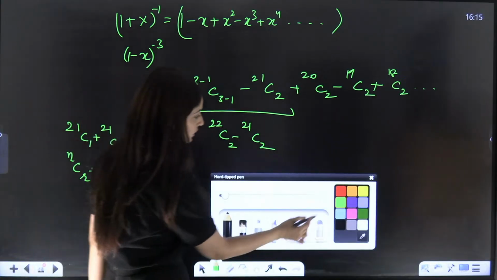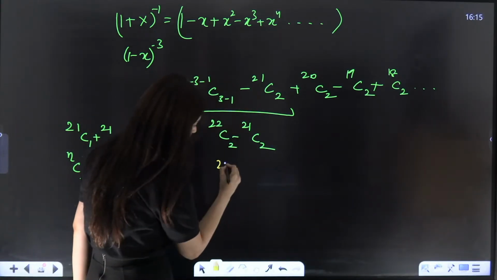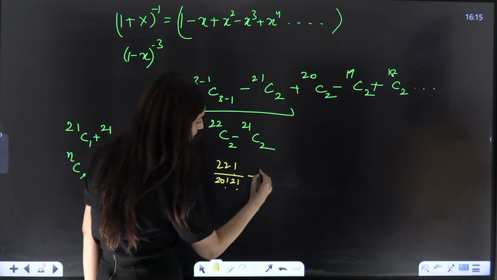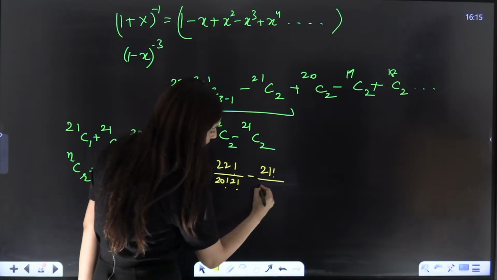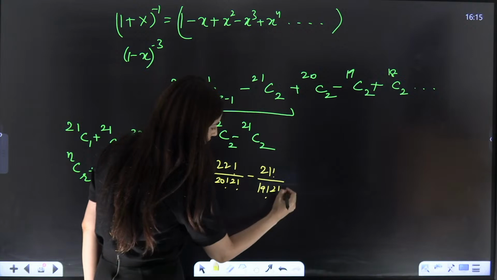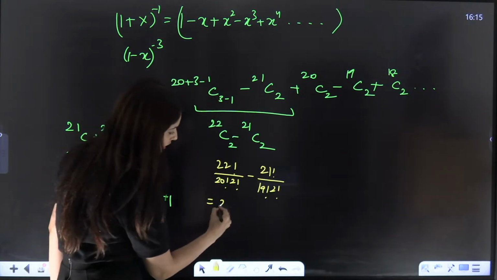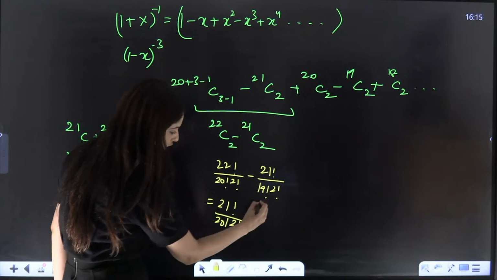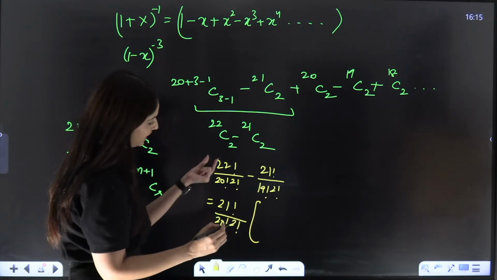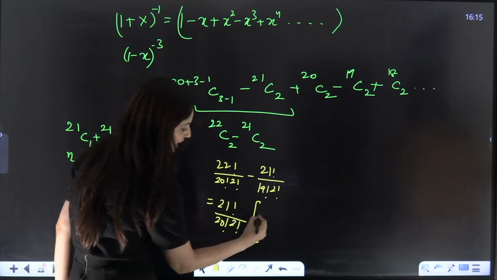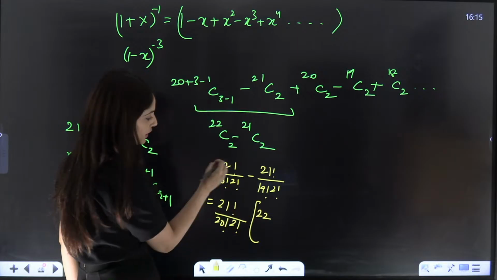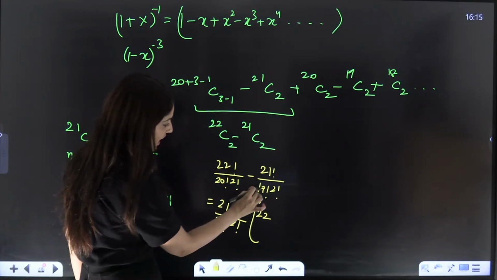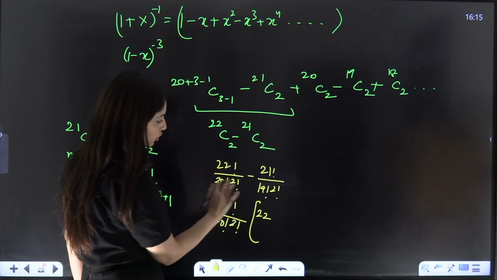If you don't remember the property, we can just expand this: 22 factorial by 20 factorial 2 factorial minus 21 factorial by 19 factorial 2 factorial. We take 21 factorial by 20 factorial 2 factorial common. What do we get from here? We only have 22 remaining because 22 into 21 factorial is 22 factorial. From here, we have to multiply it with 20 to get